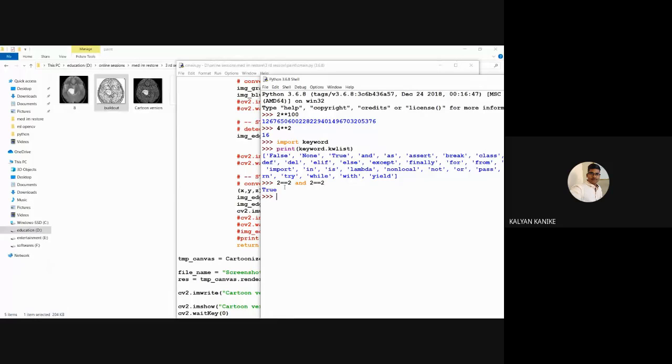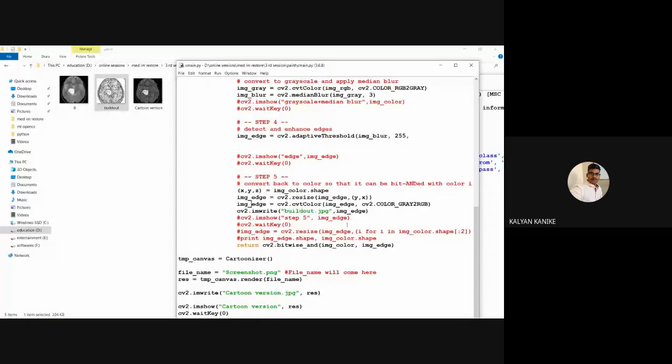AND means whenever we give two inputs as true, the output will be true. Otherwise, if any of the inputs is false, it will give false. Simply, we can understand 1 into 1 means 1, 1 into 0 means 0, particularly for these images.